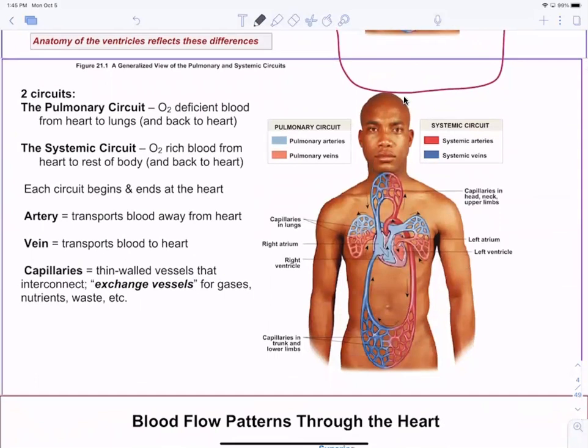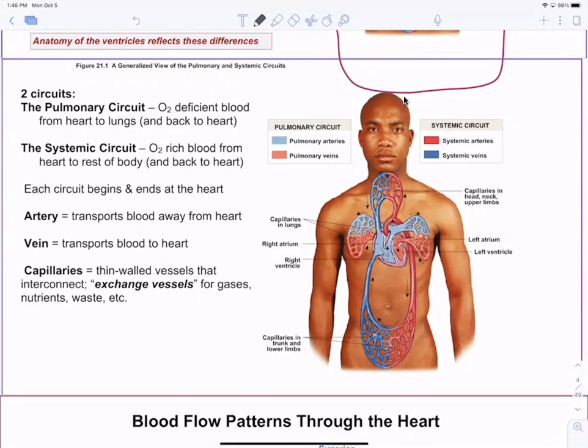Now, anatomically speaking, when we look at the right ventricle versus left ventricle, the right ventricle is going to have a much, much thinner myocardial wall because it doesn't need to pump with that much force to get the blood over to the lungs next door. But the left side of the heart, which has to pump the blood to the systemic circuit, has a long way to travel to get the blood down to your toes and back up, or your head and back down. And so that muscular wall is going to be a little thicker